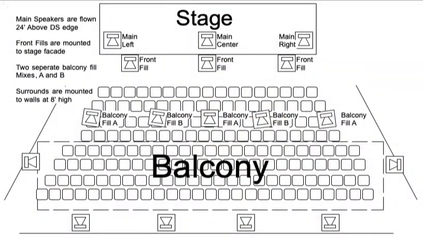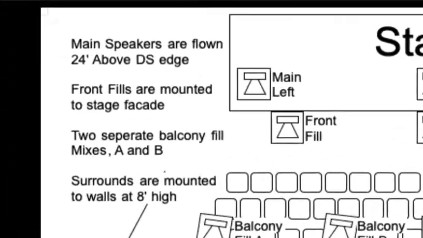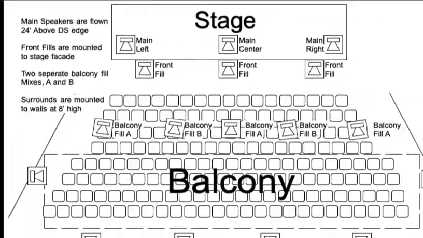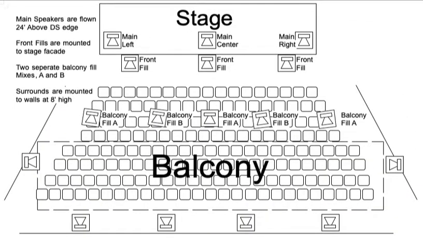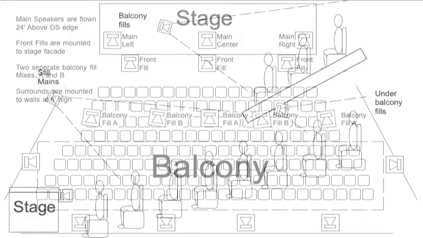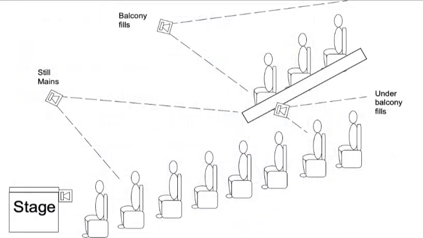So let's get started. This is an overview of our theater. The purpose of this picture is to remind us not just how complicated our system is, but how important our role of decision maker and compromiser is. We represent what the audience hears, and we're making that decision. This view gives us an idea of horizontal coverage. This picture gives us a better idea of vertical coverage. Here you can see where the main speaker coverage ends and the fills are needed.